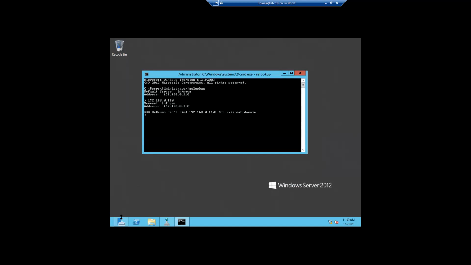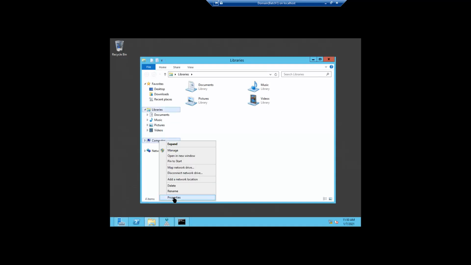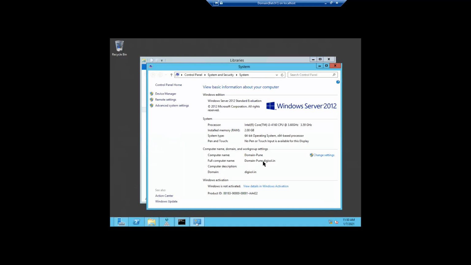Okay. So what is my computer name? Domain hyphen Pune.